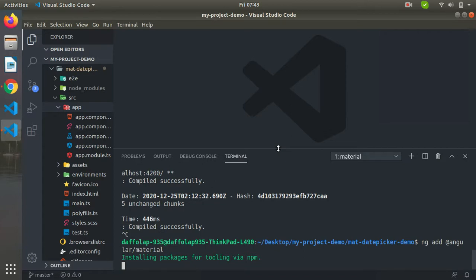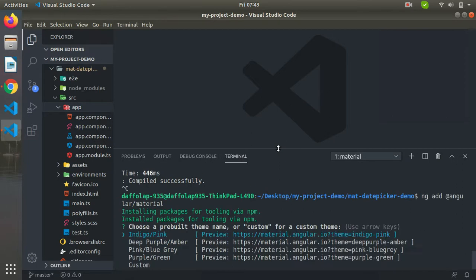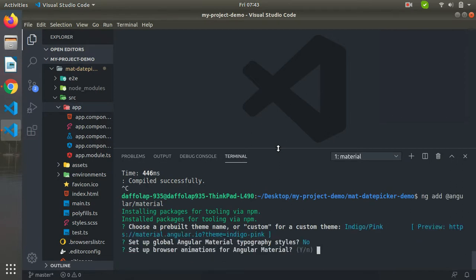So whatever it asks, simply press enter. Now it is going to install the related packages. It is installing related packages, so maybe it will take some time depending on your bandwidth speed.